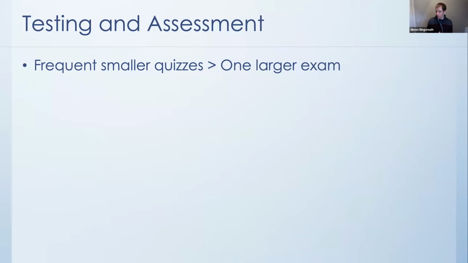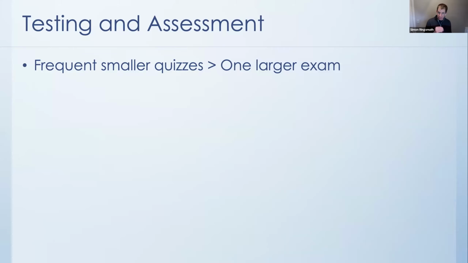Maybe there is a rule that we have to have some sort of final or midterm assessment, but it doesn't always have to be a quiz or a test. Maybe there's another way we can assess student learning without giving them a test. In fact, if we want to make sure our students are learning what we want them to use, then frequent